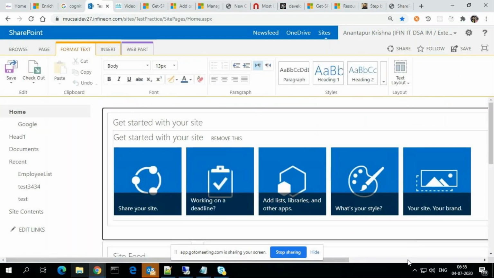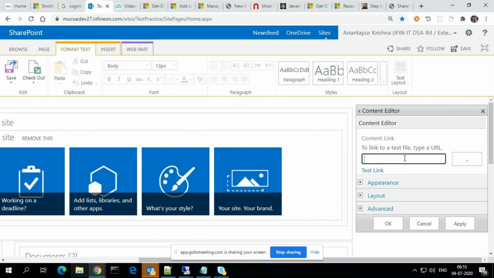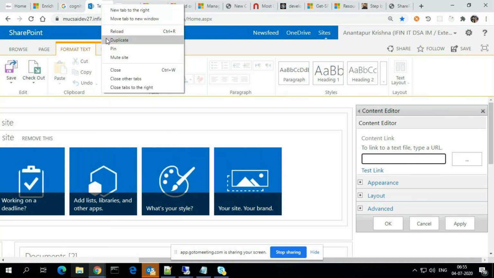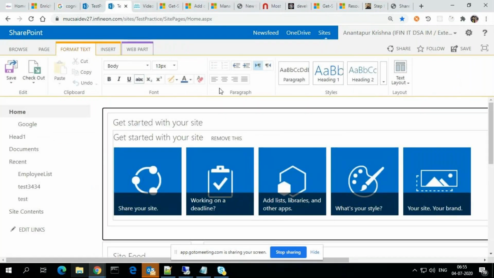Here there is a link to a file or text. This is nothing but your script file. Script in the sense of JavaScript or an HTML file or anything, you can give that name here. I will show you how the coding is done here.